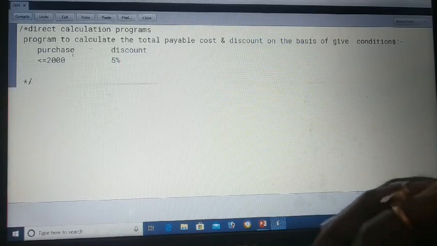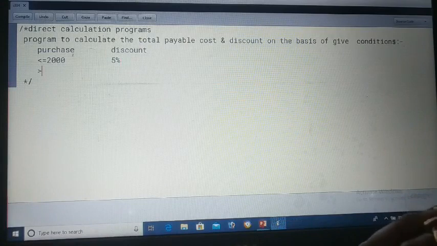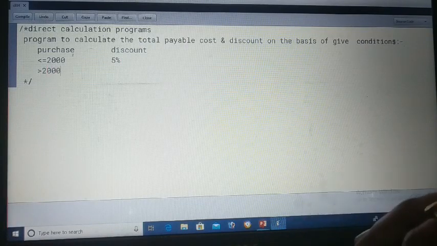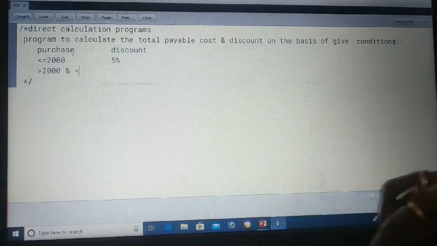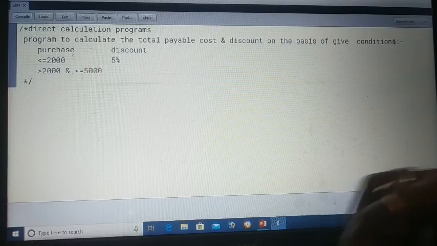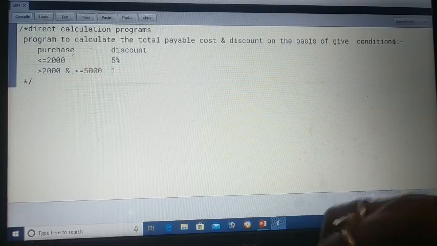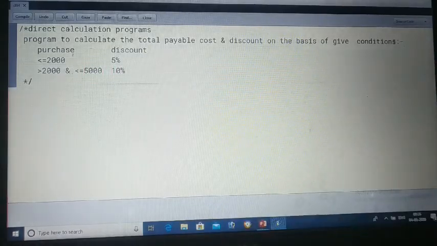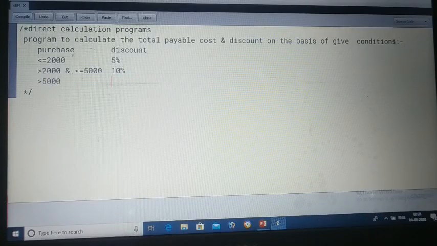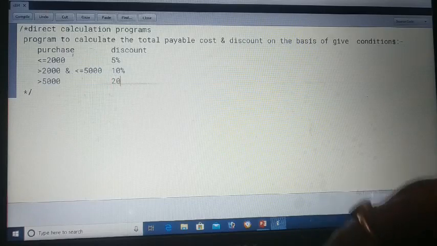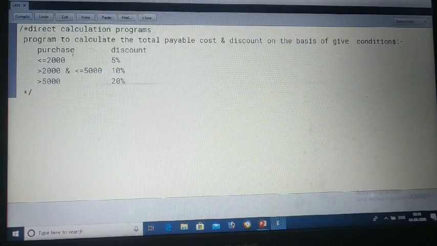Next, if purchase is more than 2000 and less than or equal to 5000, then you will be given a discount of 10%. After that, if more than 5000 purchase is there, you will be given a discount of 20%. So this kind of program is called direct calculation programs.